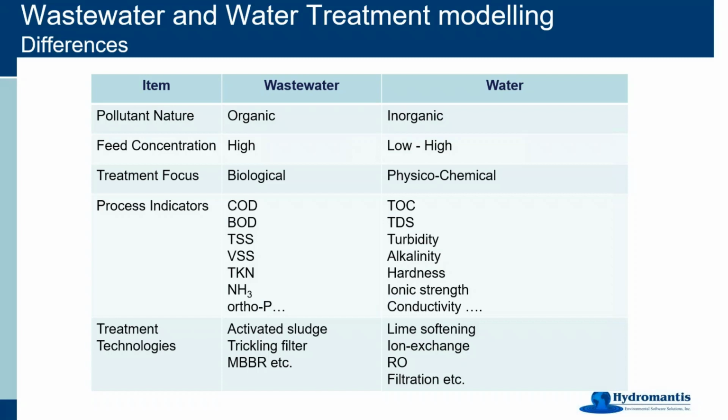So there are a lot of physical processes we encounter in water treatment systems. At the same time, there are a lot of chemicals being used to remove the pollutants. Our main focus as water engineers typically relates to process indicators like TOC, total dissolved solids (TDS), turbidity, alkalinity, hardness, ionic strength, conductivity, and these are variables which are not really as important